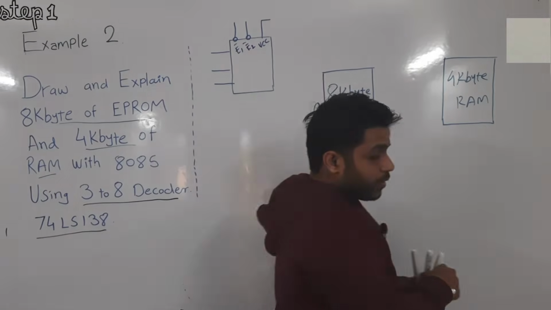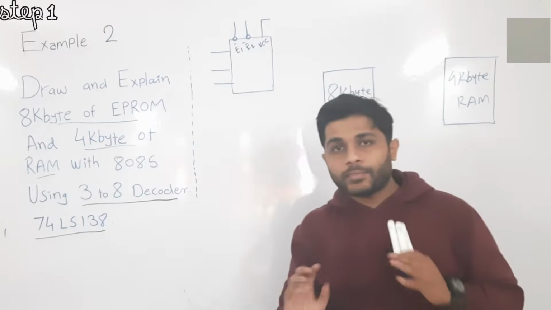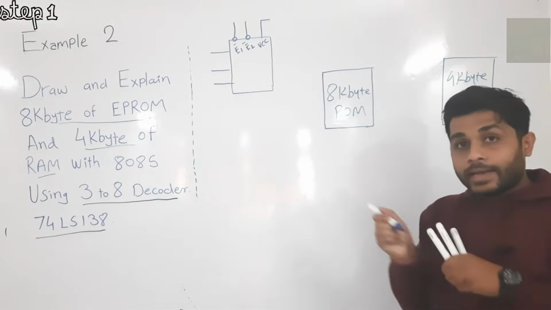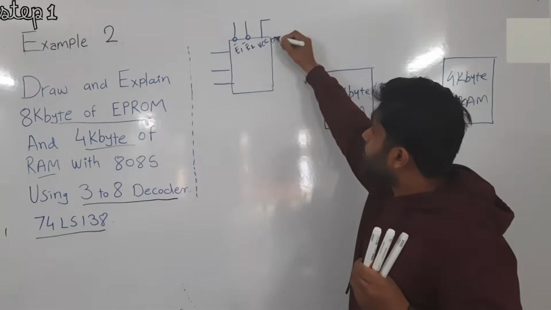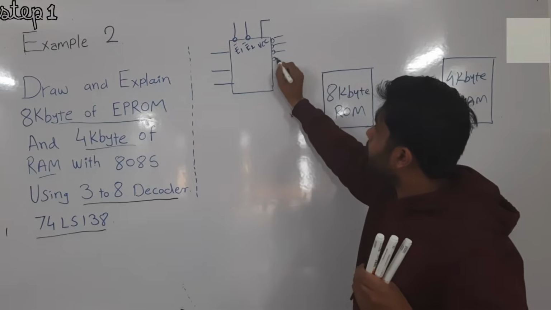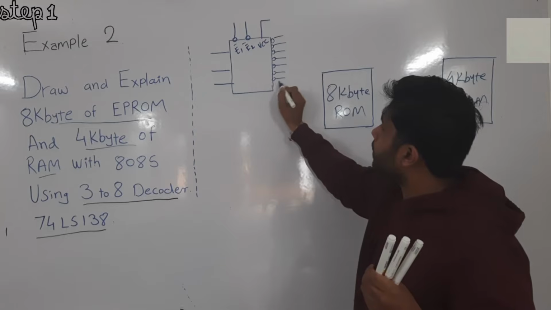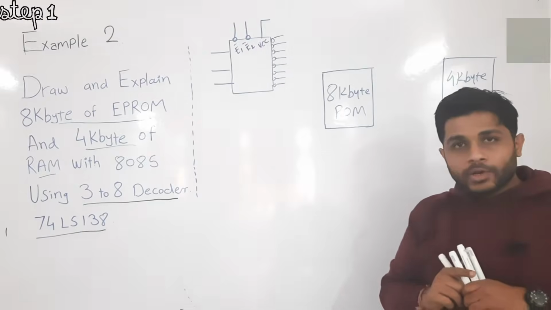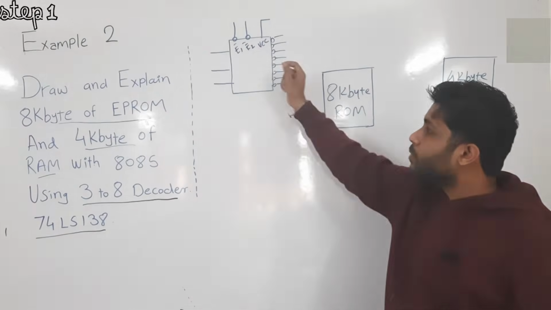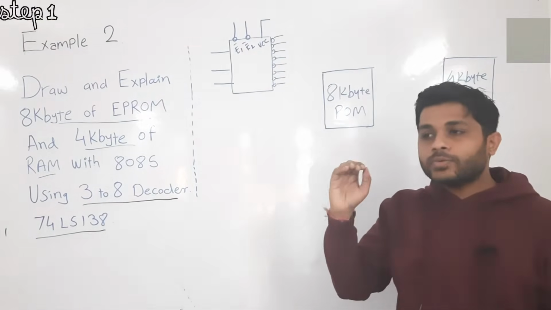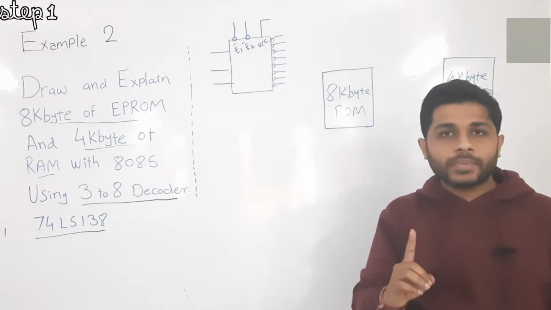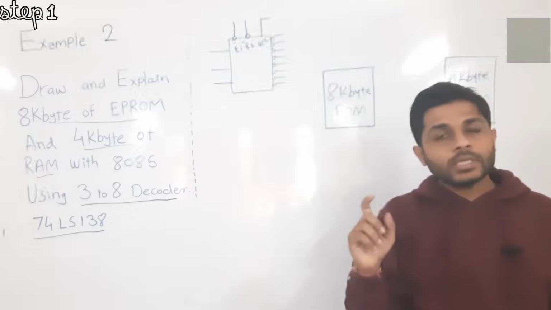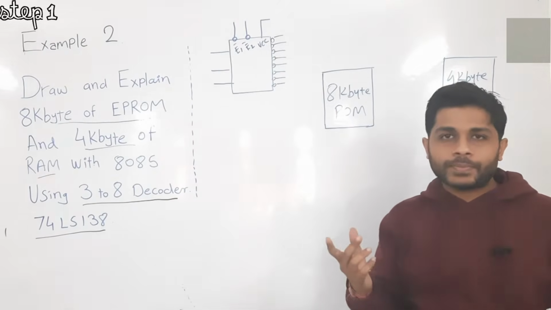Now we have drawn these three main components. The decoder has 3 inputs and it also has 8 outputs, because it is a 3 to 8 decoder. If you notice, the output is in bubble form. It means that in a normal decoder, if you give some input, you get a high signal at only one pin. In this decoder, you are going to get a low signal at one pin. So the logic is inverted.